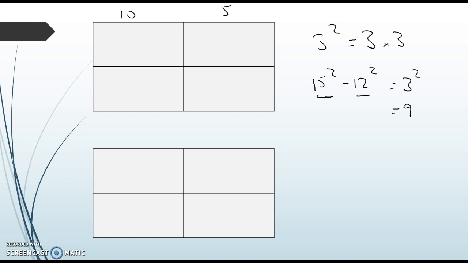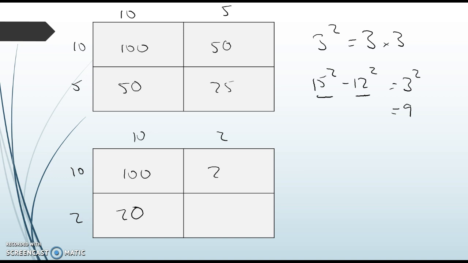So 10, 5, 10, and 5, 10, and 2, 10, and 2. So 10 times 10 is 100, 10 times 5 is 50, 10 times 5 is 50, and 5 times 5 is 25. We have 10 times 10 again, which is 100, 10 times 2, which is 20, 10 times 2 is 20, and 2 times 2 is 4. And if we add up all these numbers, 100 plus 50 plus 50 plus 25 equals 225. So 15 squared equals